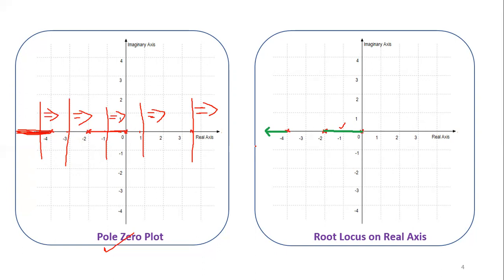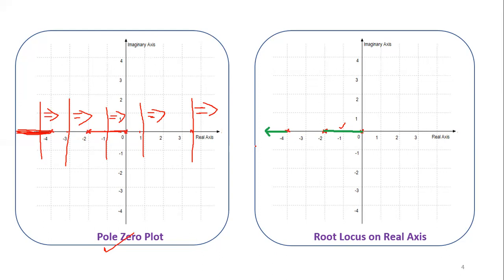So all the poles will assume there is a zero at infinity and travel towards infinity. That means they are traveling an infinite distance. That's why we call it an infinite root locus. In case any zero is there, the particular pole will travel towards that zero, so the distance traveled is finite. That one we call a finite root locus.